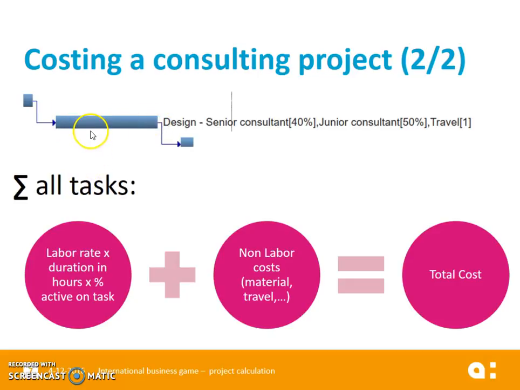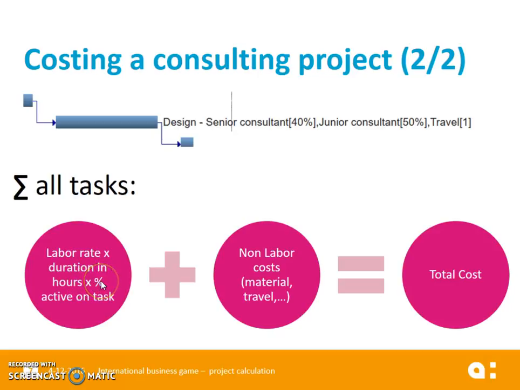Estimate the number of hours they need to work on it. Add that up. So you do something like my labor rate, let's say it's 60 euro, times the duration in hours of the task, let's say it's 40 hours,